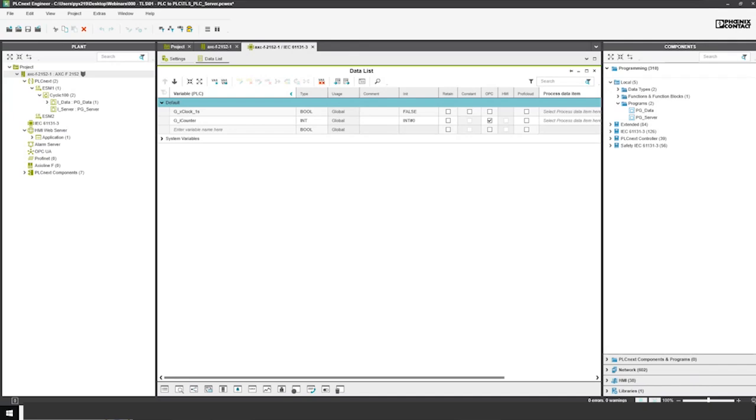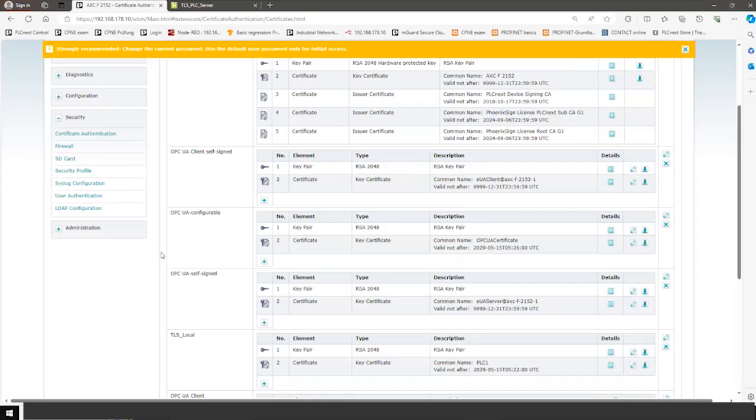Yeah, but that's the point. So if a PLC is broken, the new one will have the same IP and certificates. Yeah, so the certificates will not be the same, but the IP address, yes, of course. If you want to use the same certificate, then you have to first export it, store it somewhere, and manually install it. Then you can use the same certificate, and then it should also work.